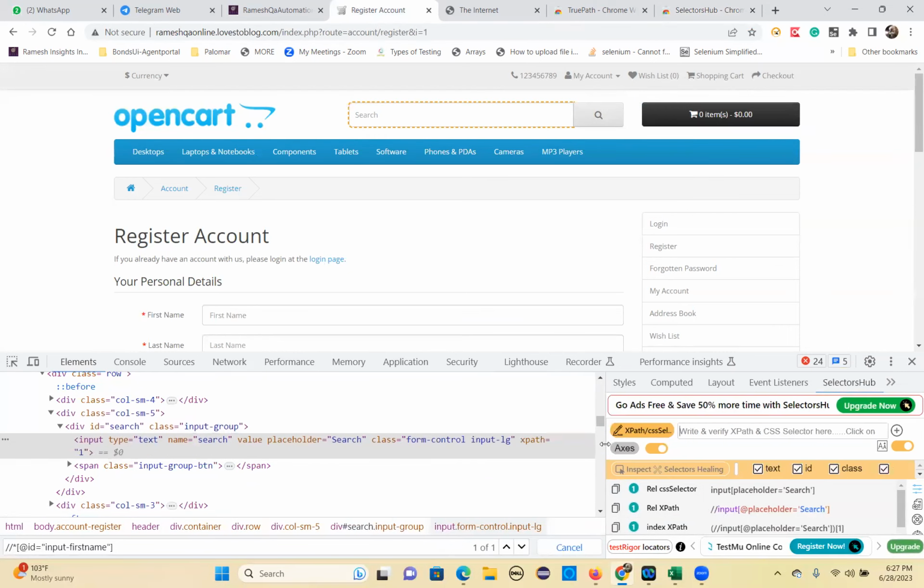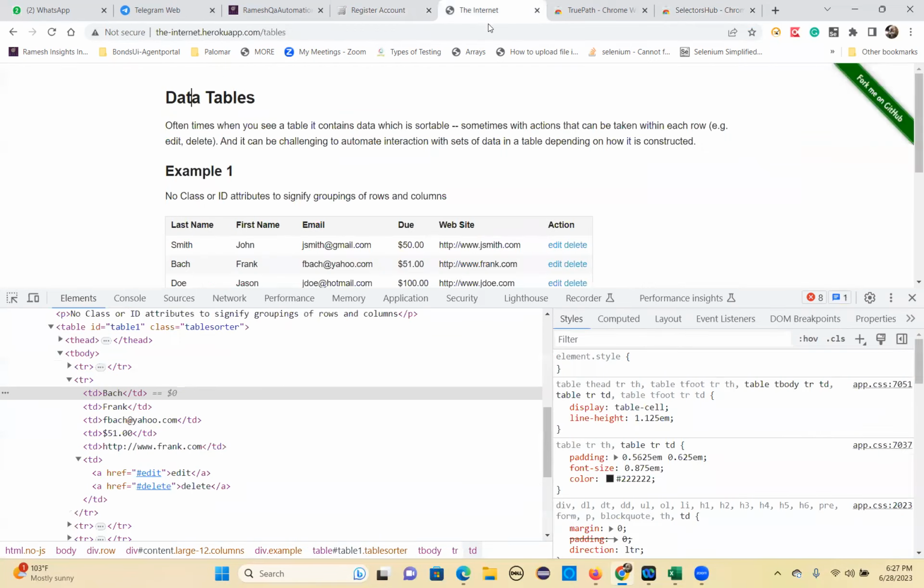Okay, that's all. So any questions? And tomorrow we are going to see the Selenium WebDriver installation in your Eclipse and how to write a first WebDriver script. I'll show you tomorrow. So I hope you installed all